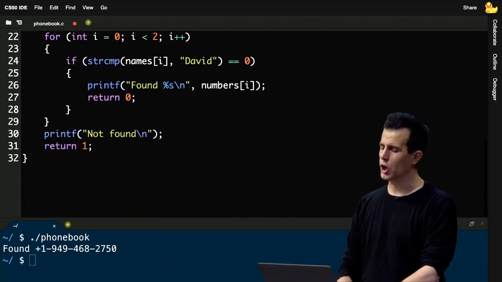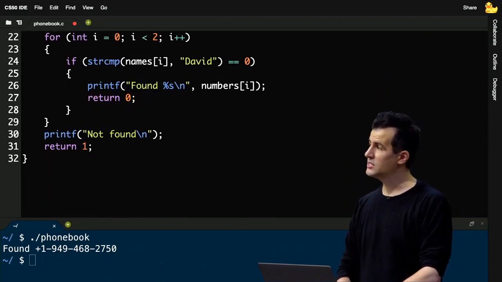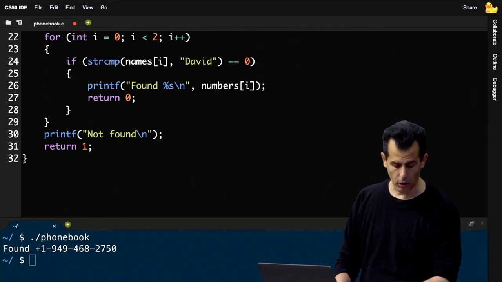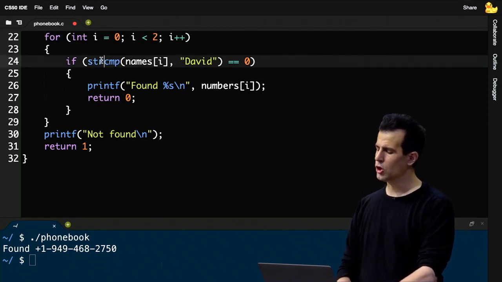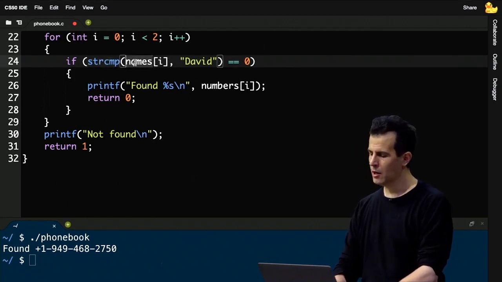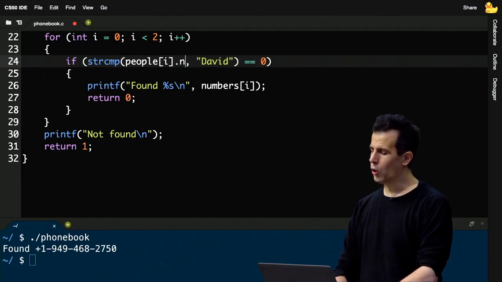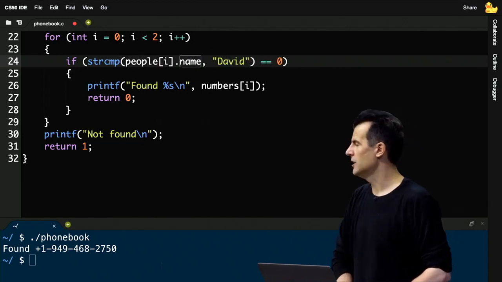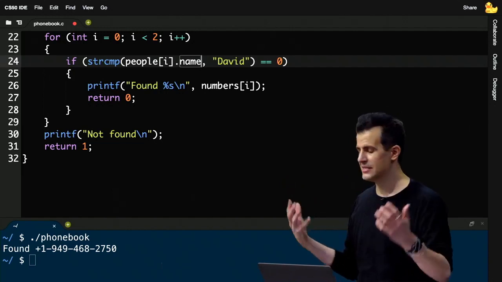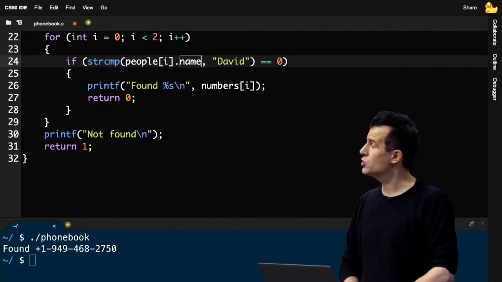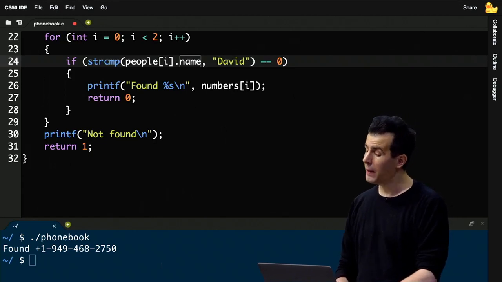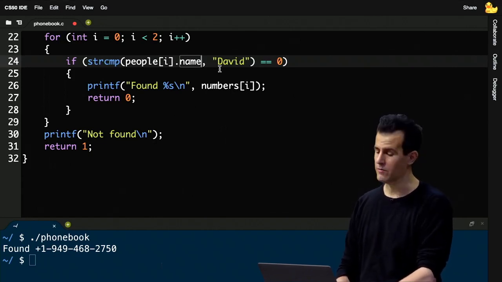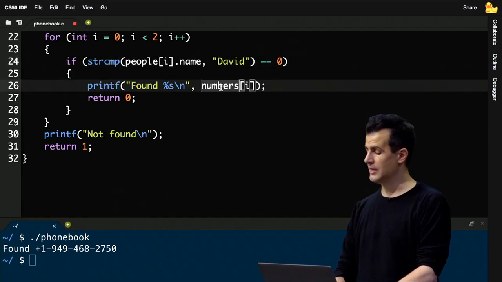So now if I want to search this new single array of people, I think my for loop can stay the same, and I think I can still use strcmp, but now I need to go inside of, not names, but people, and look for the dot name field. So data structures have fields or variables inside of them. So I'm going to use the dot notation there too, go into the ith person in the people array, and compare that name against, for instance, quote unquote David. And then if I have found David, in this case